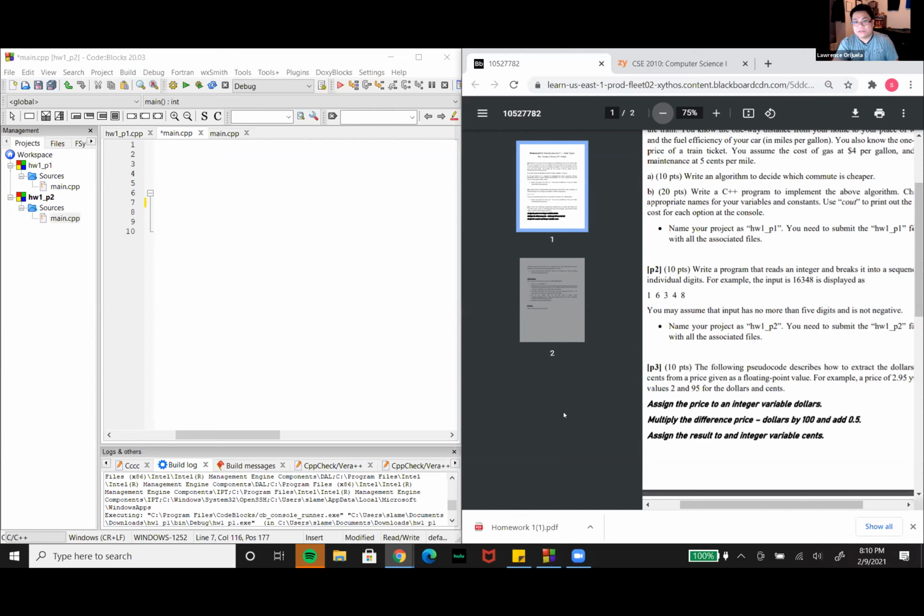But if it's not 0, we will output the dividend with a space. And then whatever's left, we will integer divide by 1,000. If it's not 0, no,